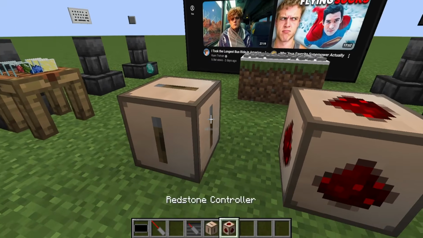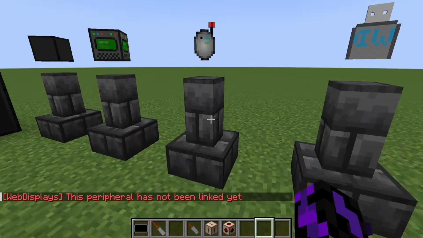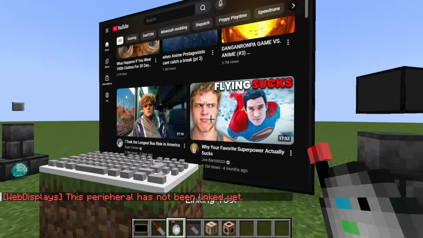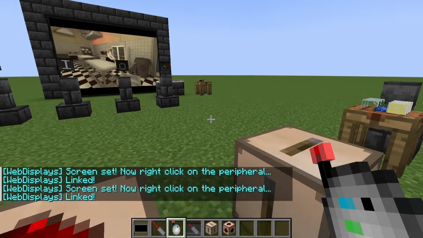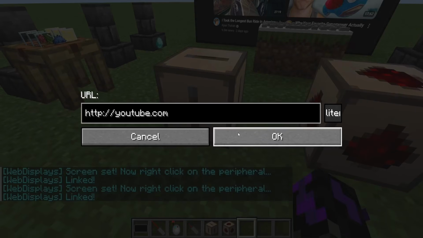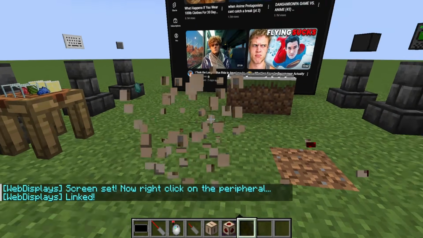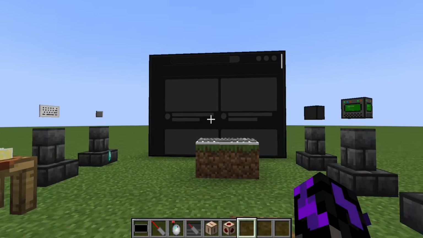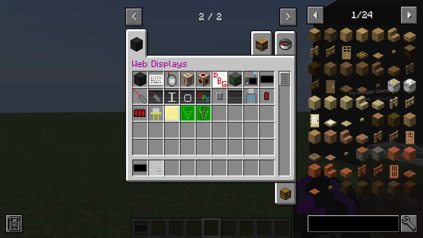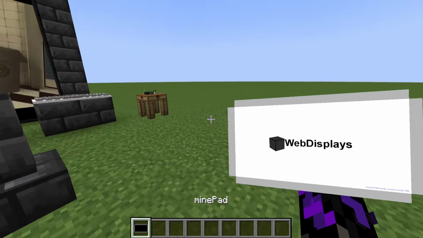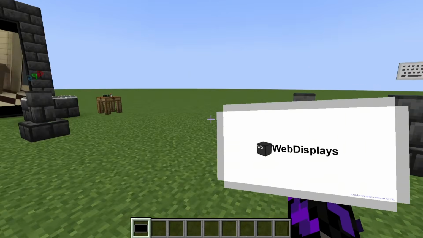Now, I can't really use these that much because I'm not entirely adept in using these 2 blocks. So I'll leave that up to y'all to figure out. Anyway, the last item on this list that I need to showcase is this mine tab,